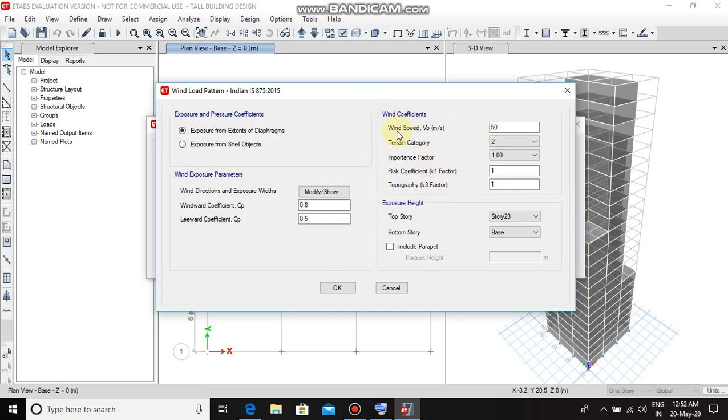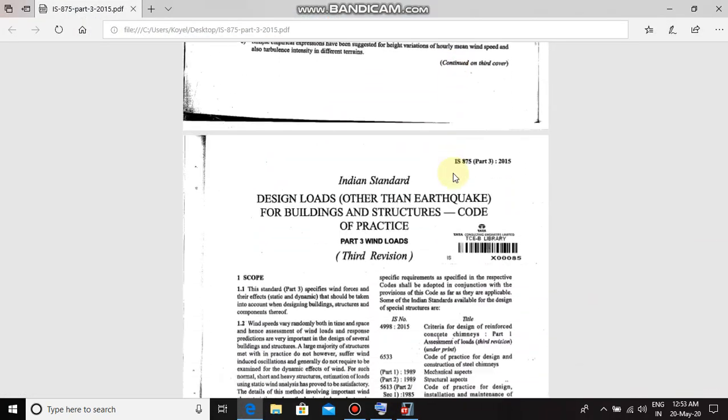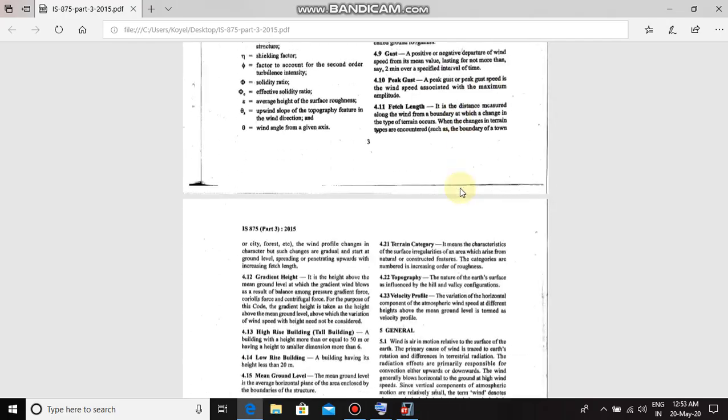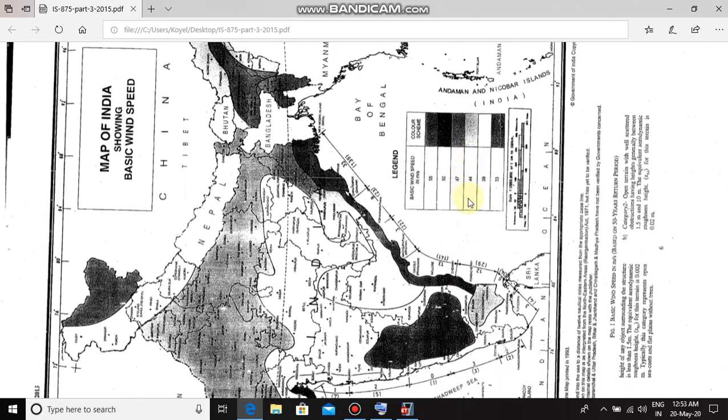We have to give the wind coefficients. As this is a building considered in Bangalore, for that we have to use the IS 875 Part 3 code. Now, in order to find out the wind speed, let's see this code. This map.